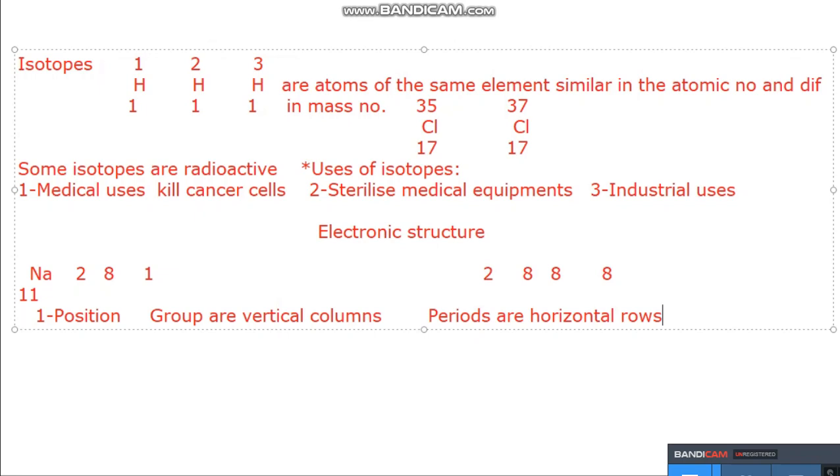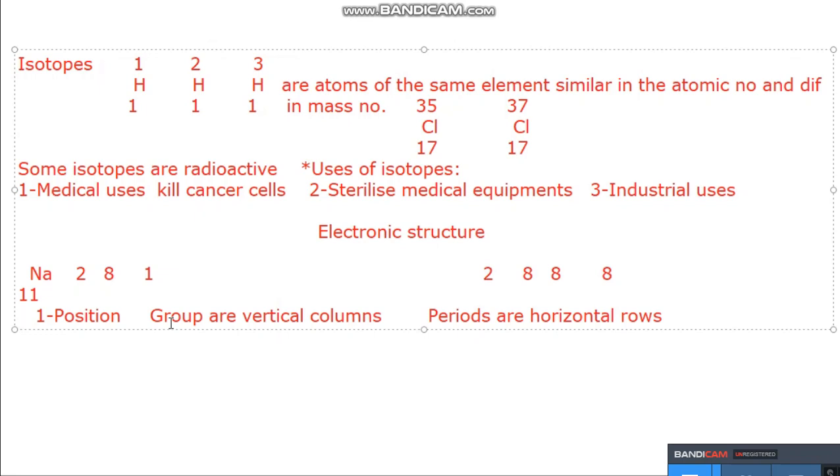Okay. If you look at page 23, for example, we have here an example from the periodic table. Lithium and sodium, lithium and sodium are in the same